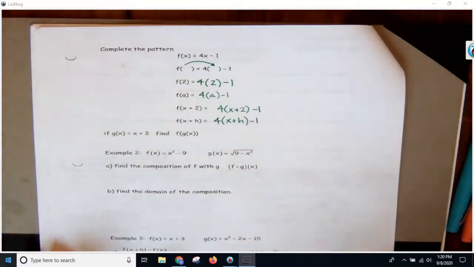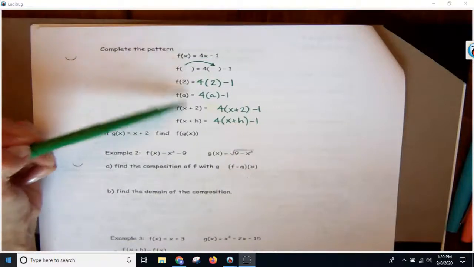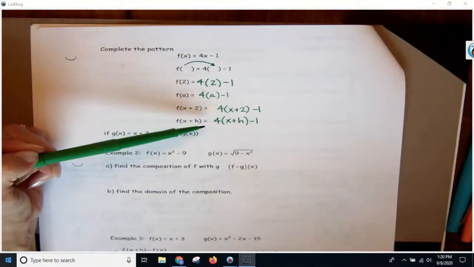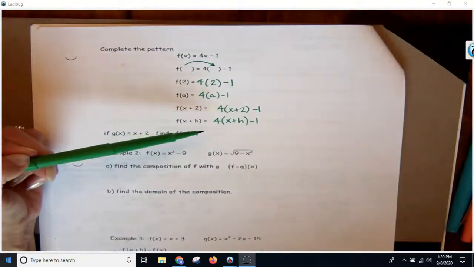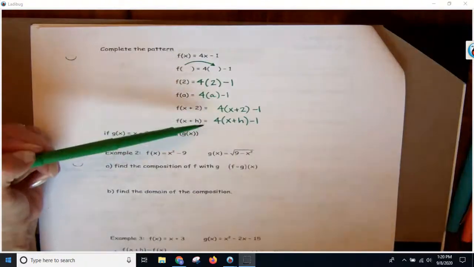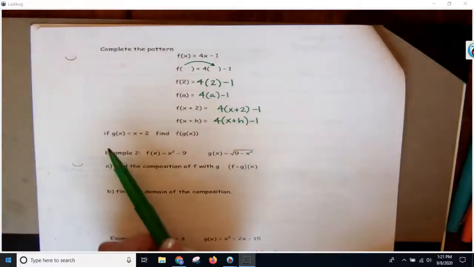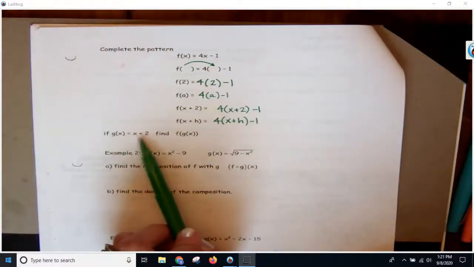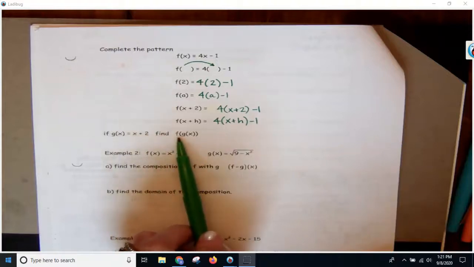So hopefully this is what you got. Please make sure that you're able to do this. This is really the crux of this whole stuff. Once you're able to start doing this more mechanically and not think about it, then it's going to make your life a lot easier. So if we've got g of x equals x plus 2, find f of g of